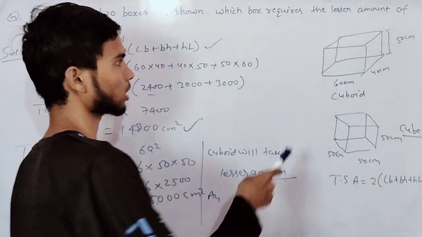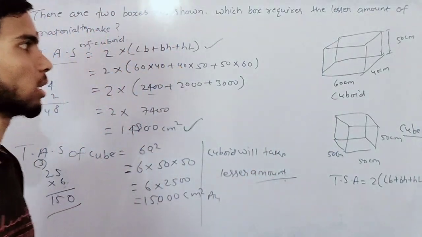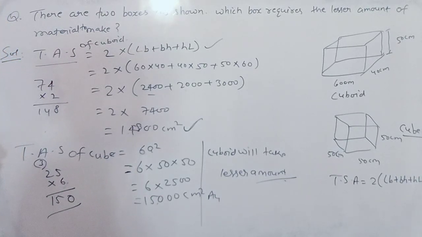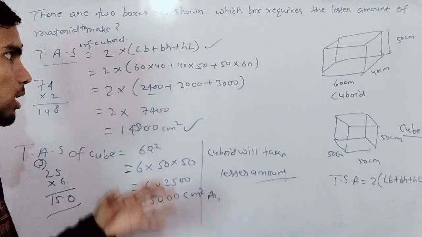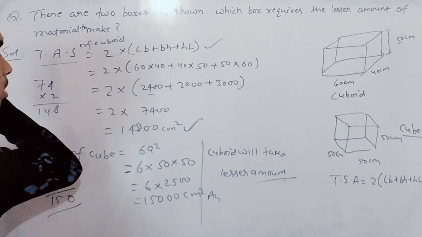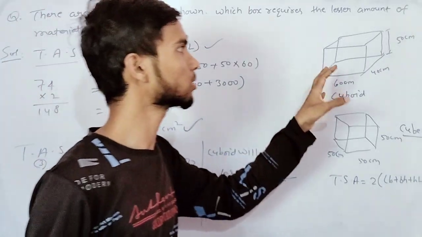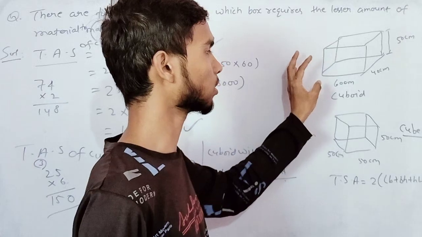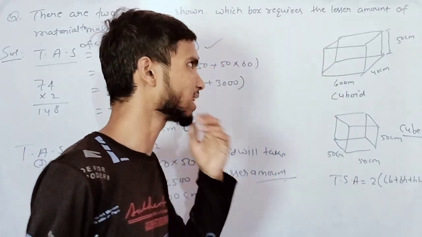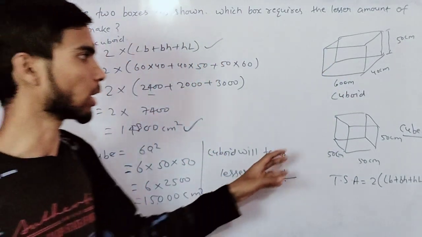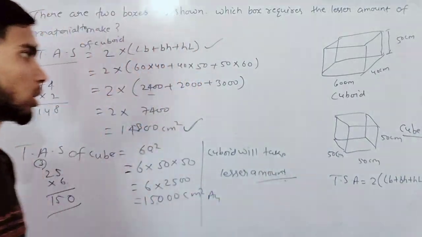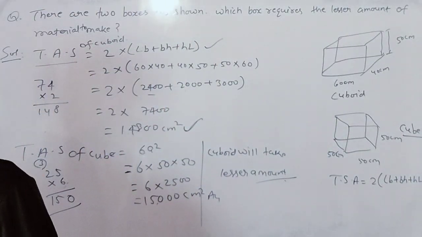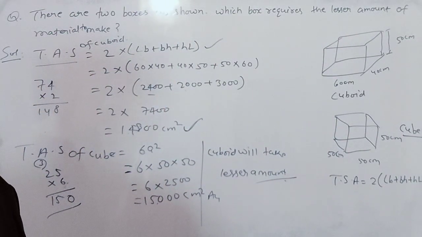We know that this is a 3D shape. It has a space. Now we can find the volume of this. The volume of this cuboid will be what? L into B into H. The volume of a cube would be a cube. Now lateral surface area, then